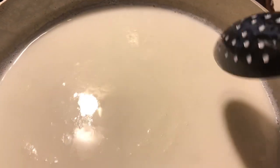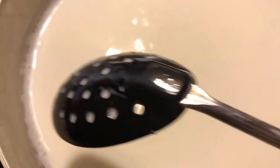Okay, our milk is almost ready. You see the bubbles around the edges, and you see the steam coming off the milk. So this is almost where we want to be. I'm just going to let it go just a little bit, maybe about 1 more minute. Now I'm going to turn off the pot. And if you have a thermometer, you can measure this to see if it's 190 degrees Fahrenheit, but I don't